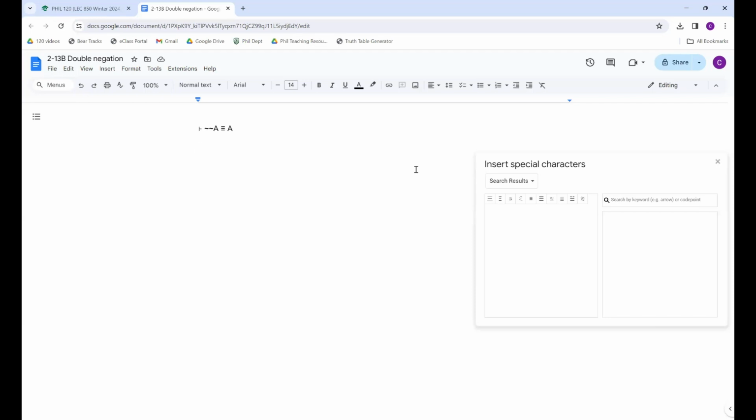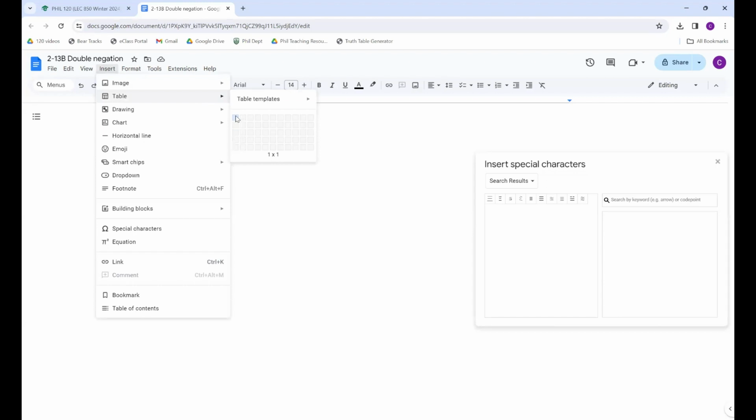Our next example will be another theorem, which is called the law of double negation. So this says that not not A, with two negations in front of it, is equivalent to A. So to show this in a derivation,